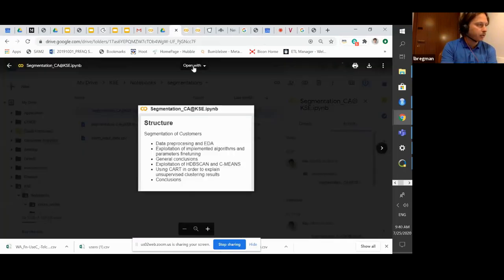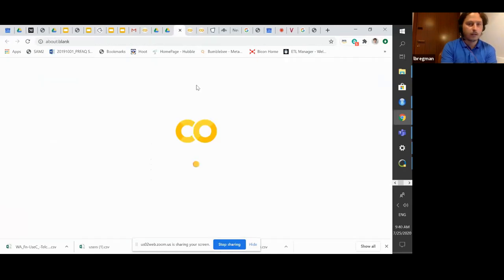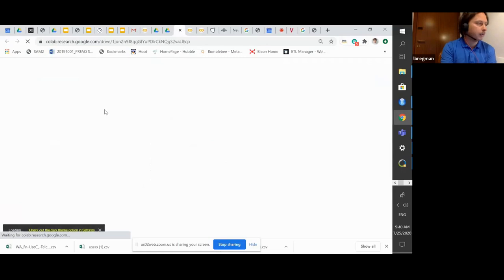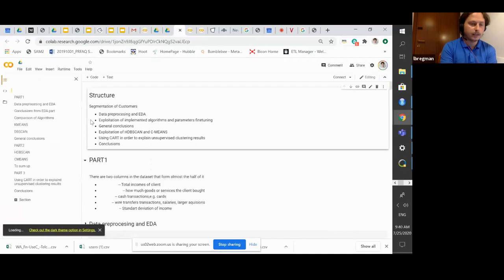With the Python version, you can run it in Colab. It also has parts about HDBScan and C-means extended.